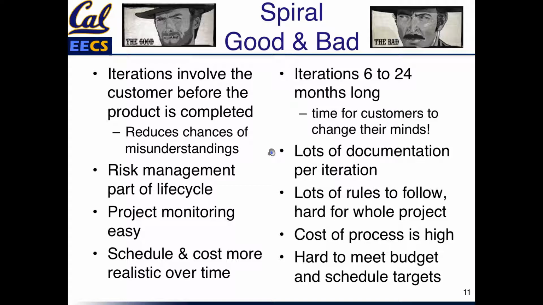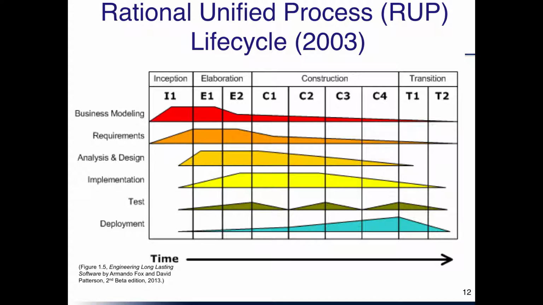All right, so that was Waterfall, Spiral. The third example, which comes another 15 years later, 15 years after Spiral and 30 years after Waterfall, is what's called the Rational Unified Process. It's not rational because the others are irrational. Rational was the name of the company that came up with it, so Rational Unified Process.